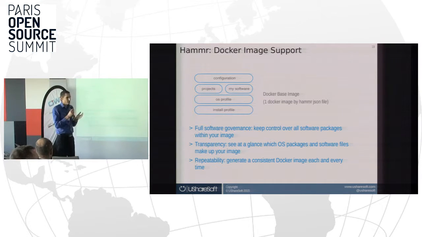It will correspond, for example, if you use a Dockerfile, to the FROM command at the top of your Dockerfile. I don't know if some people in the room have already checked what is inside the Docker Hub CentOS template, for example, the official template. We have only two lines in the Dockerfile, a RUN command and untar of an archive. It is really a black box. With Hammer and the compatibility with Docker-based images, we will see what is inside these base images.